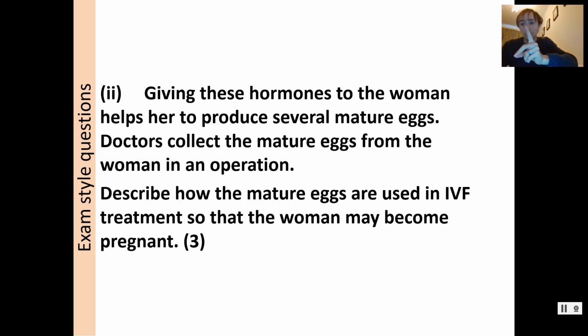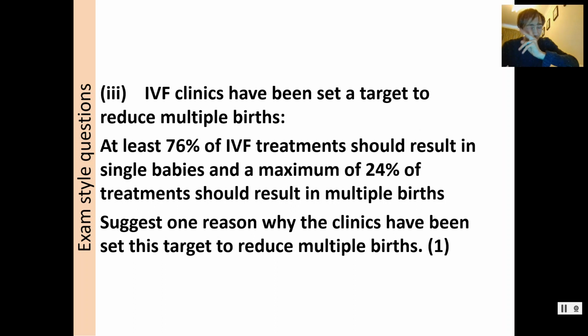So, first step, it's mixed with sperm in a petri dish. Second step, it's allowed to grow to a certain size, tested for genetic defects so that it is easy to implant. Third step is implanted into the uterus of a woman. It's 3 marks. And then finally, I think, no, I'm wrong, there's 2.